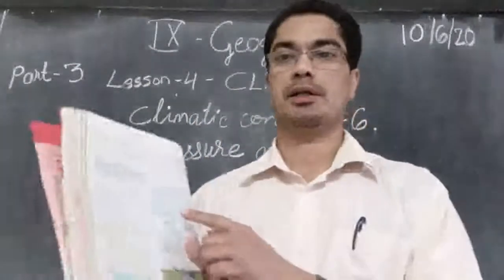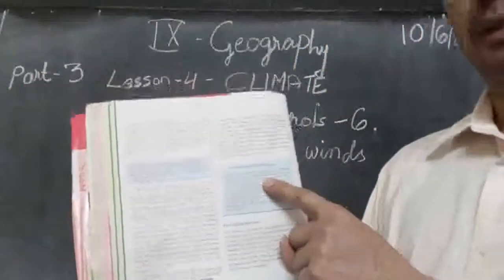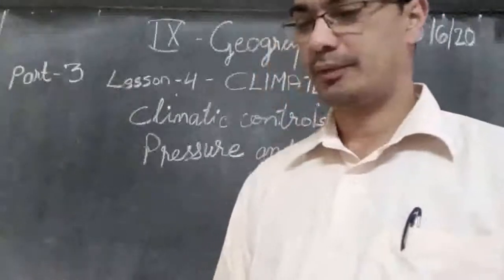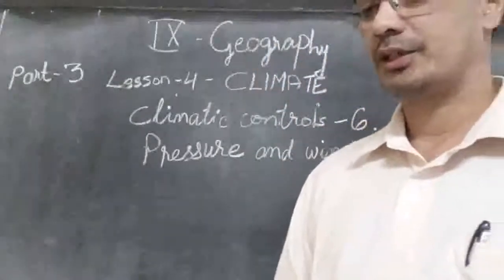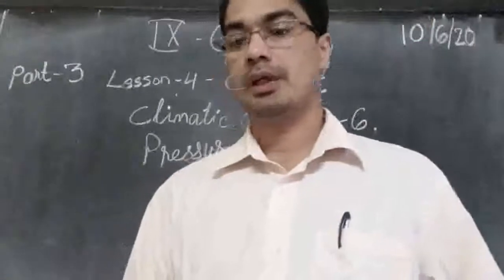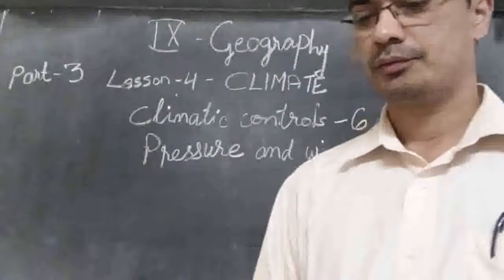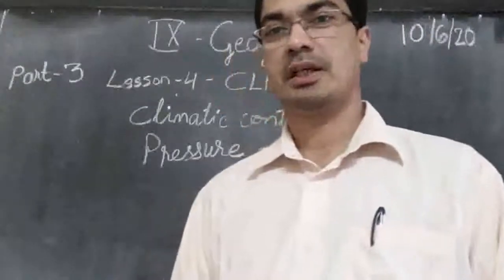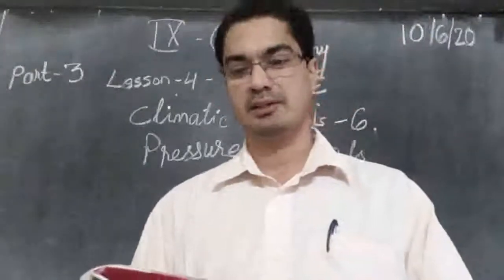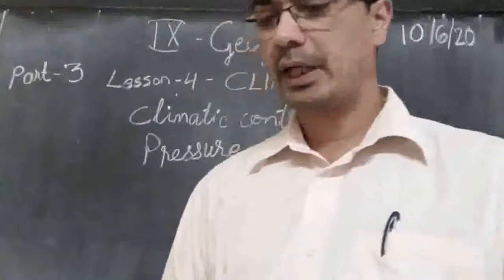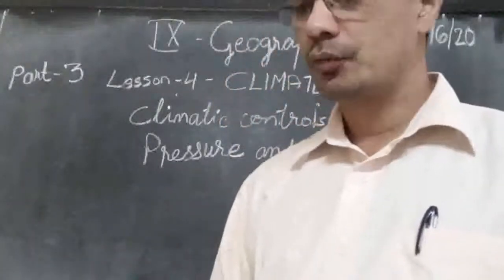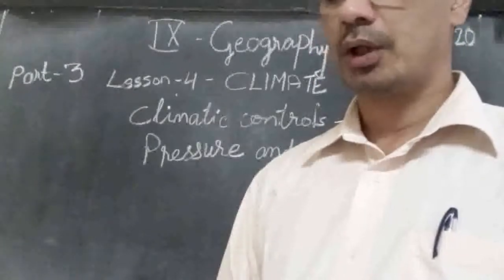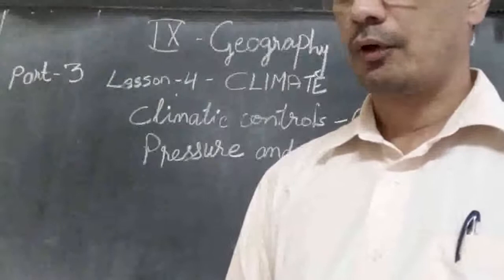Then again we have another column, another explanation about the wind that is causing cyclonic disturbances. So we said just now the wind that is blowing from the Himalayan side is causing cyclonic disturbances. Let us see in detail. So the western cyclonic disturbances are weather phenomena of the winter months brought in by the westerly flow from the